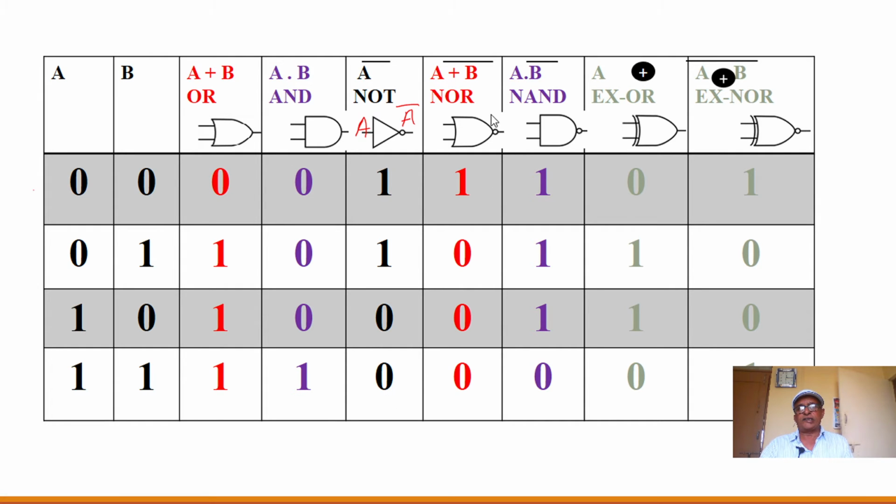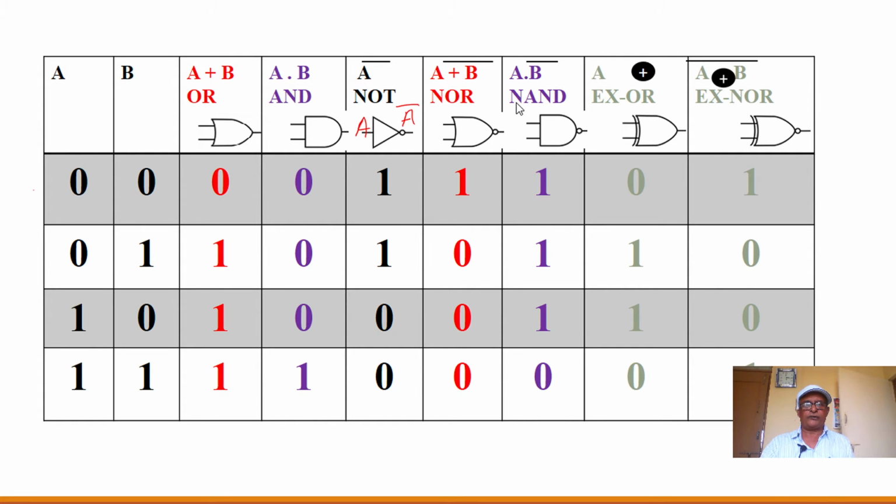Now if we consider NOR gate, then NOR gate is the complement of this OR gate as shown in the red color. In this OR gate 0 1 1 1 is the output, means first is 0, remaining 3 are 1, and opposite to this, that is the complement of this column, first will be 1 and remaining will be 0, and that will be the output of NOR gate.